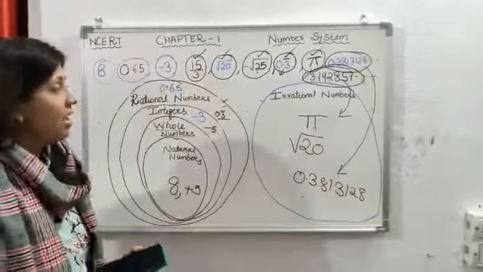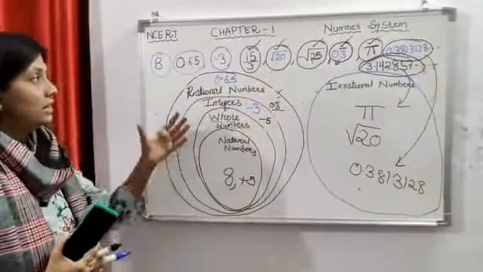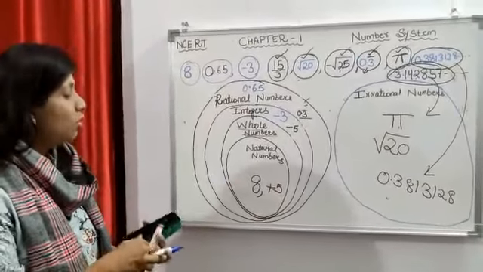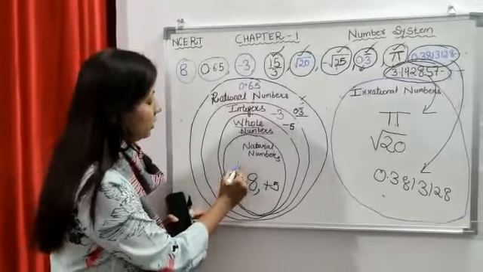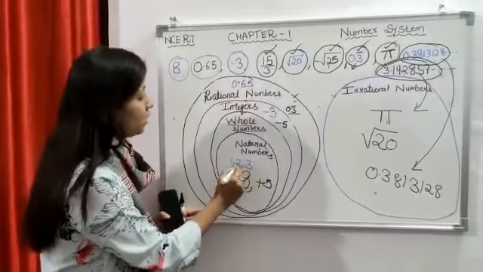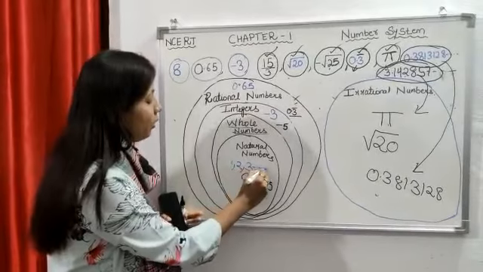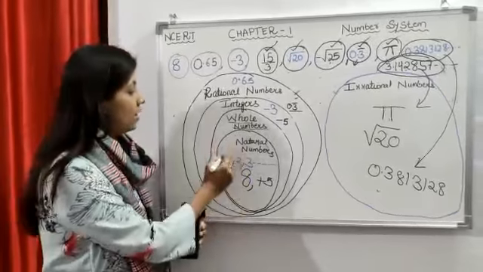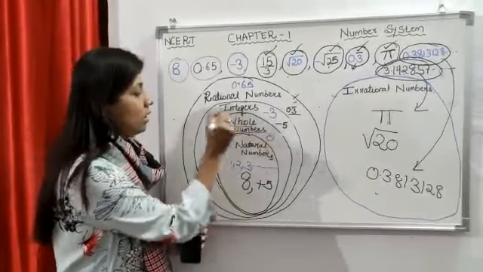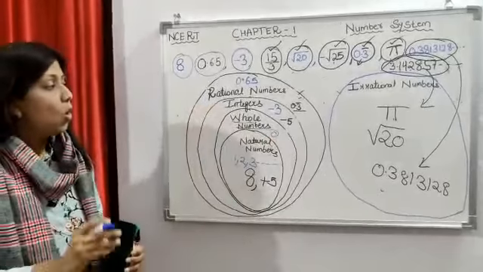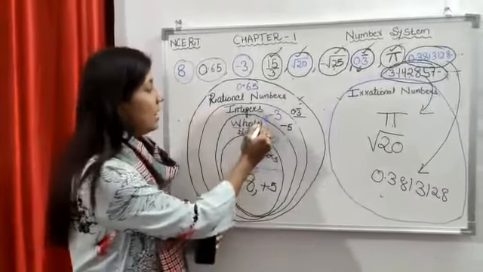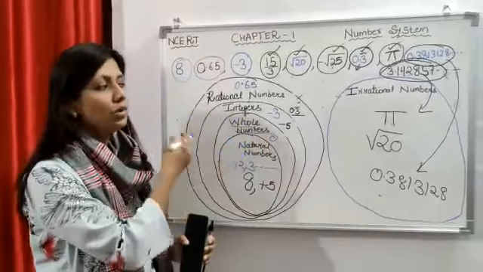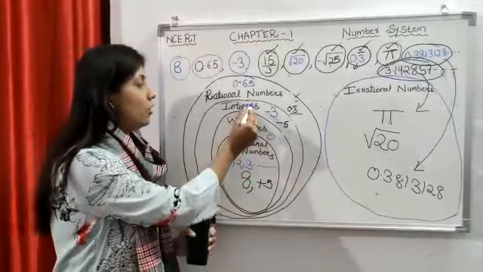So in today's class we learn about different types of numbers. The number family starts from 1, 2, 3. If it starts from 1, 2, 3 and it goes forever and ever, it is called natural numbers. If you add 0 here also, it becomes the family of whole numbers. If you add negative numbers like -1, -2, -3 and it goes to infinity, they are the family of